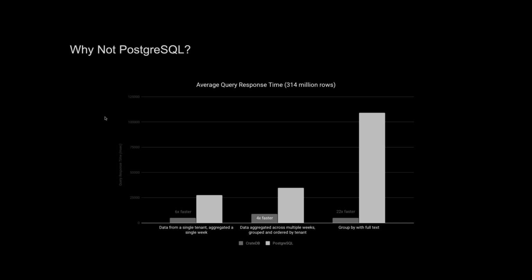real-time dashboards. This data set contains 314 million records and simulates sensor readings gathered over a period of 1 year. Each record contains a lot of information about the sensor and sensor readings. It has a UUID, a universally unique identifier for the sensor reading, a timestamp, of course, the ID of the customer tenant from which the sensor is reporting, the ID of the sensor, the type of sensor, 2 sensor readings in the form of an integer, 2 in the form of a floating point number, and 1 in the form of a Boolean data type. And finally, a generated column that contains the week of the timestamp for indexing or partitioning purposes. All right, so this is our data set.